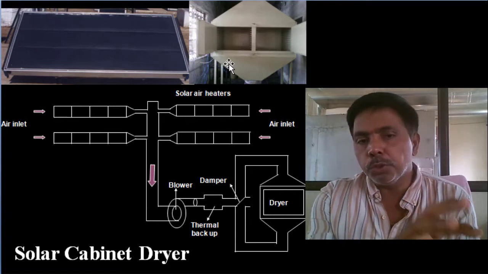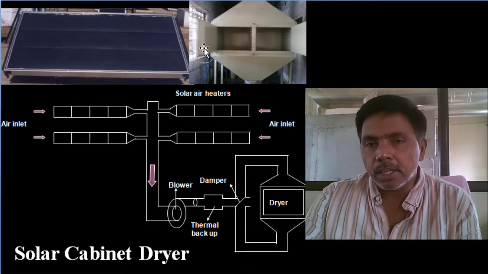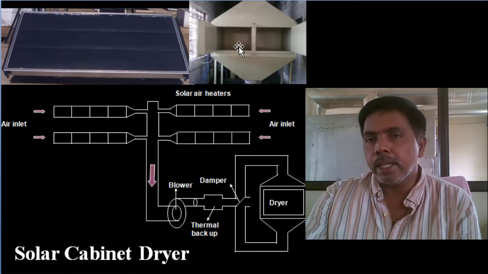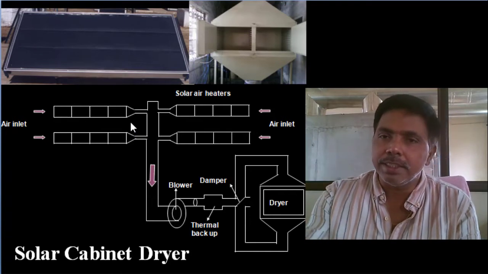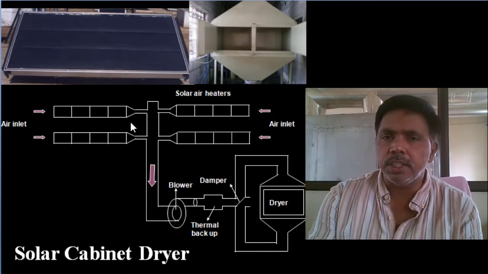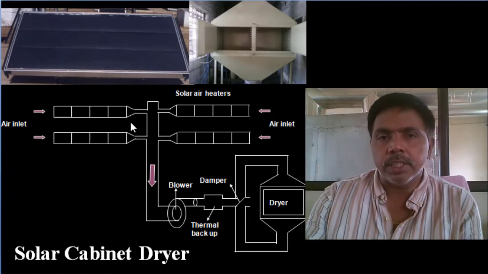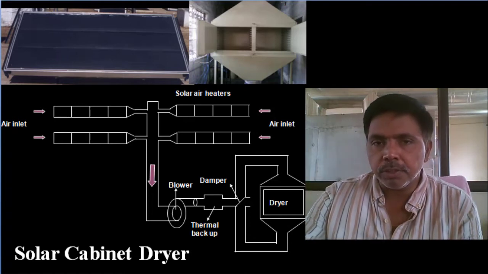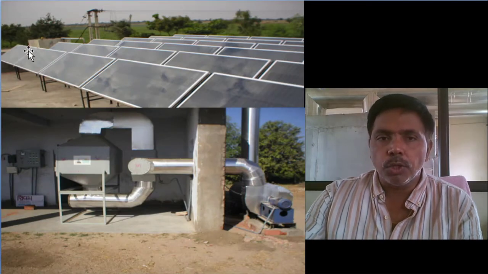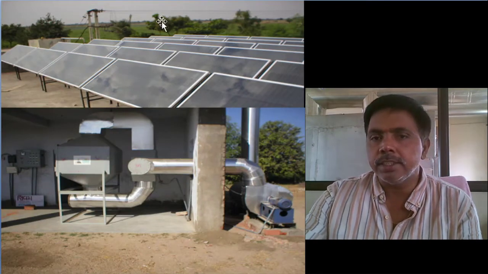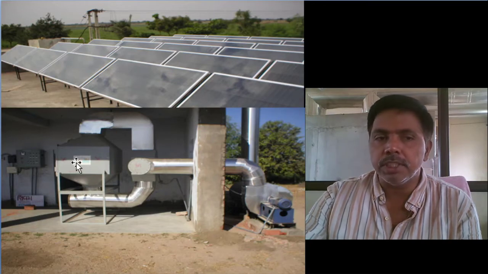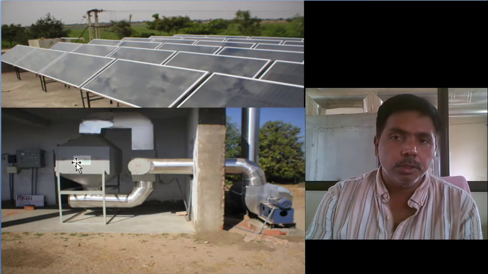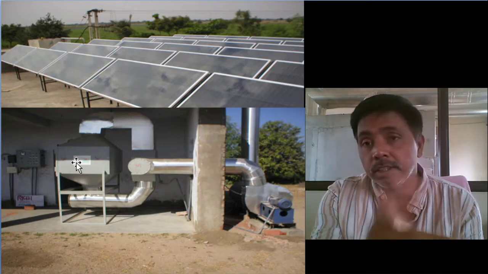Then we are moving to the solar cabinet type dryer. This hot air is only circulating in the dryer cabin. This one also has large capacity, 100 kgs, 200 kgs, 300 up to 500 kgs loading capacity we can develop, but unit cost is high. Here I will show some figures of this system. Solar air heaters are connected in series and parallel as required. A blower is connected for air circulation in the cabin. Inside the cabin, the drying product is placed. It is not directly exposed to the sun. So if you are ready to invest more cost, then we will do it.